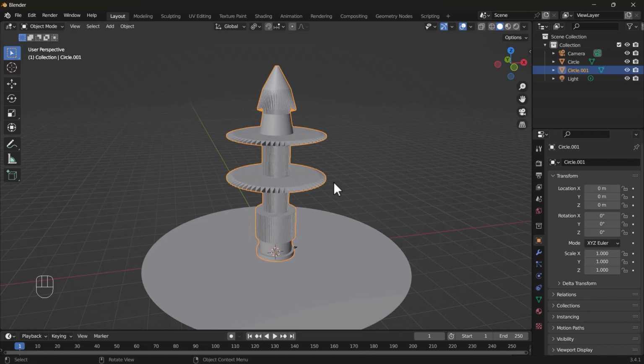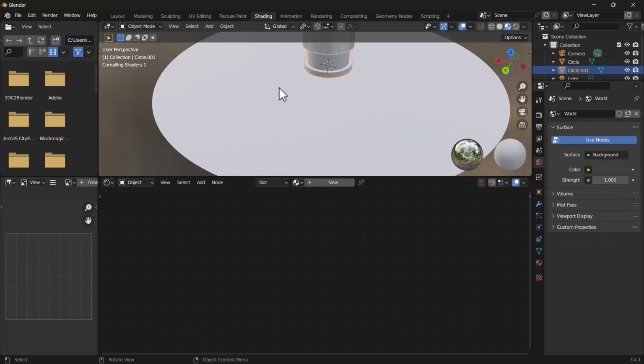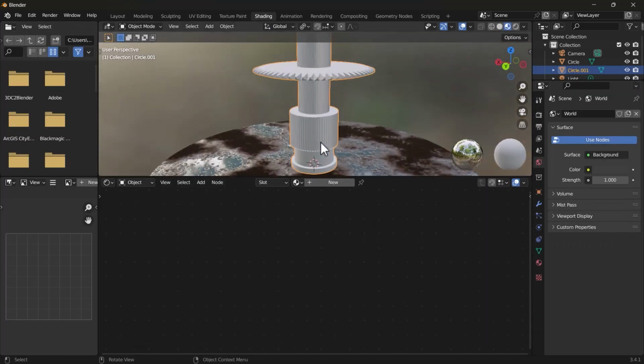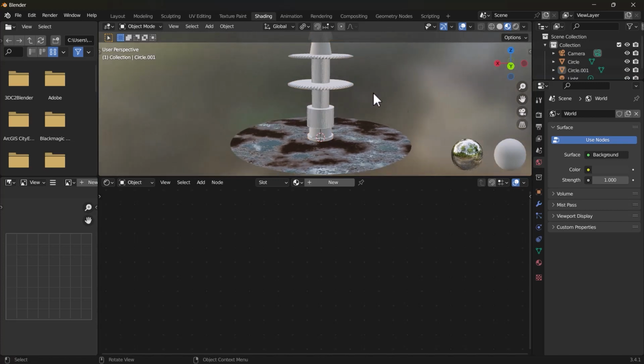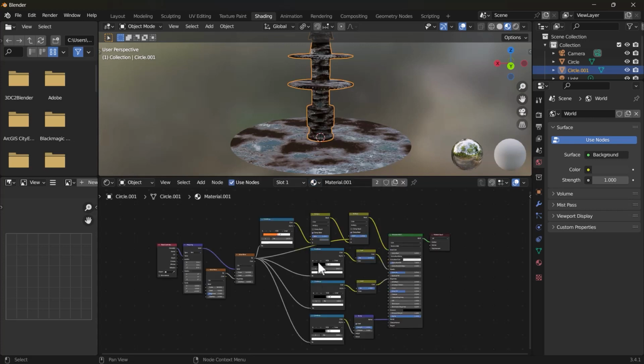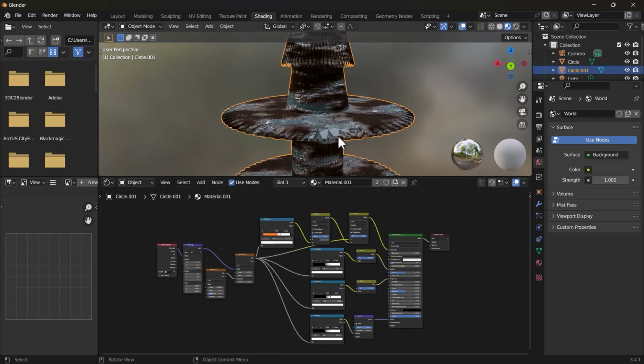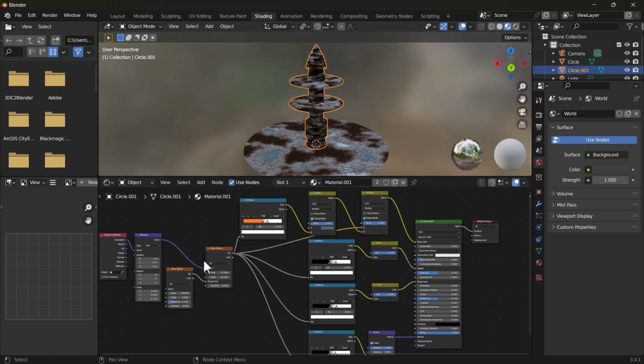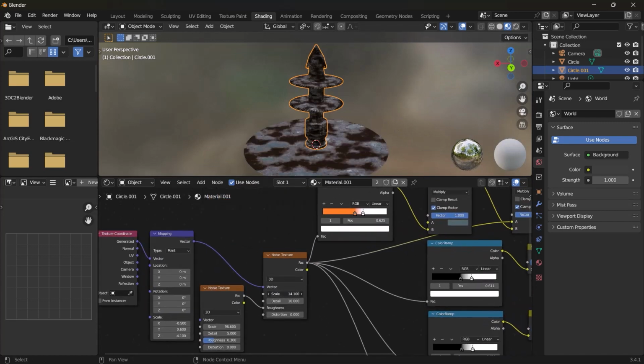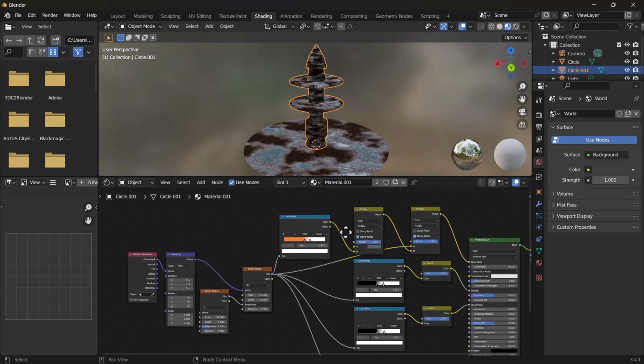Now we have to give a material to it. Just again hit the shading tab above and select the pillar. And instead of clicking on New, click on the little down arrow right next to it and select the existing material. And if you want to make changes to it, you have to press on this too. Because right now it's the same material connected to two objects, and that's why it's written 2 here.